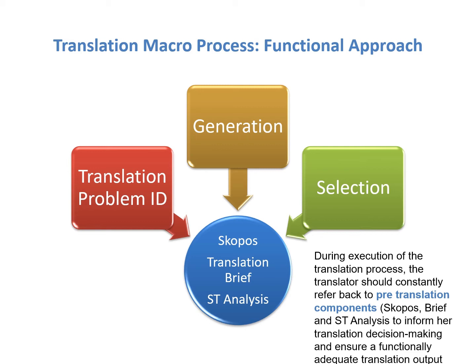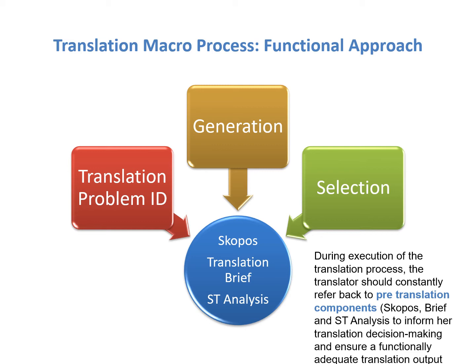In other words, we would be implementing a strategy that would allow us to come up with a functionally adequate translation, a translation that meets the skopos and fulfills the translation brief. And these elements govern the translation process, from the decision making having to do with the strategy to the translation process as such, the three phases put forward by Anthony Pym: translation problem identification, generation of alternative solutions, and selection of a solution. This way, we can see that in order to fulfill a certain skopos, we may have to choose any of the four